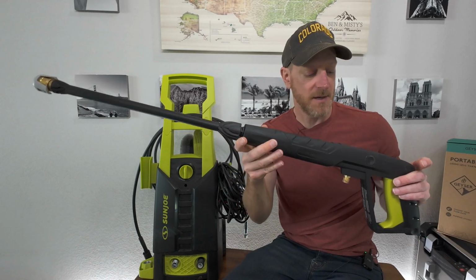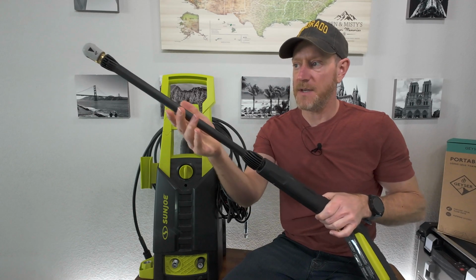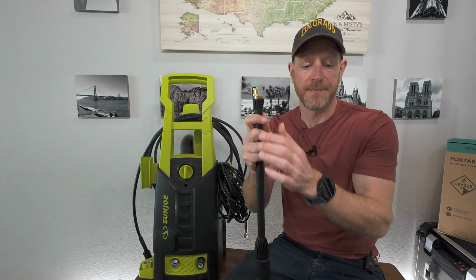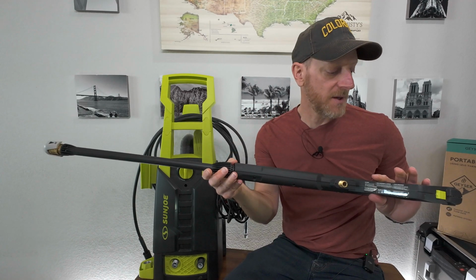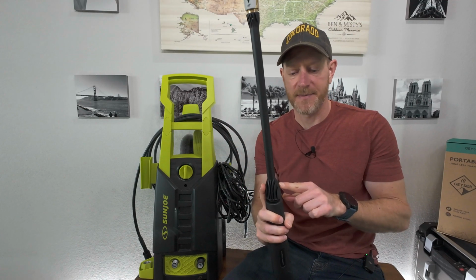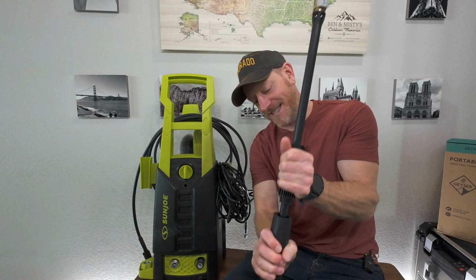So you get your wand and you connect your water hose here, your high pressure hose there, and then accessories go here, as well as some of the different tips can be attached to the end. One of the things about these lower end units is they often are all plastic and they have proprietary connections. And this one does too, so it's not super easy, but you're able to